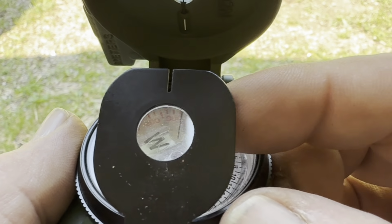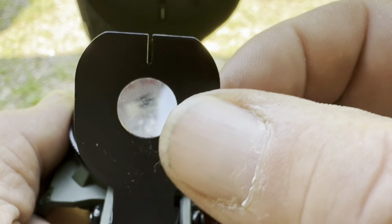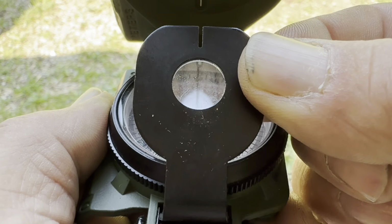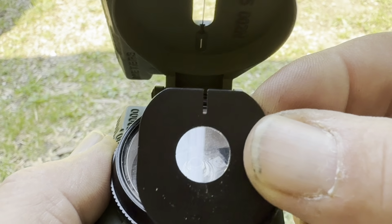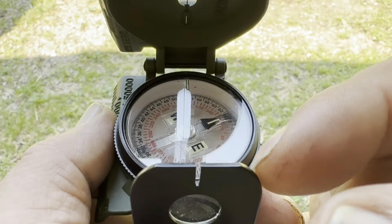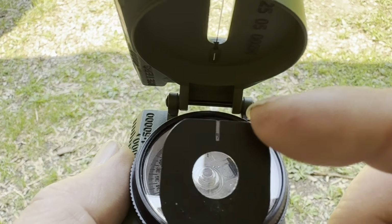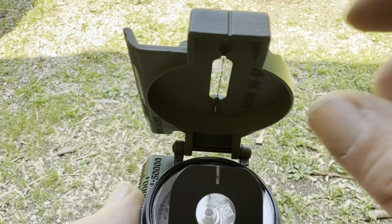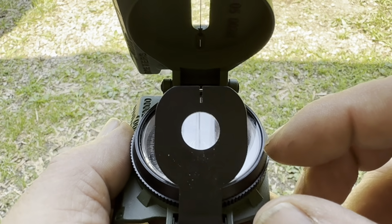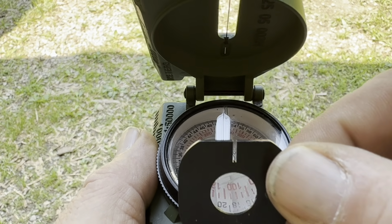Now, it's very hard to show this on camera, but this magnifier is tilted forward enough so that you can get a clear view of the numbers on the floating card. And that's how you're going to read your direct azimuth, okay? So I wanted to cover that real quick and get a close-up of it before I show you this far away. And you're going to use this sighting window and this sighting wire to line this up on your azimuth, and then it will be a direct read, and the number that you read at the top of the compass through this magnifier